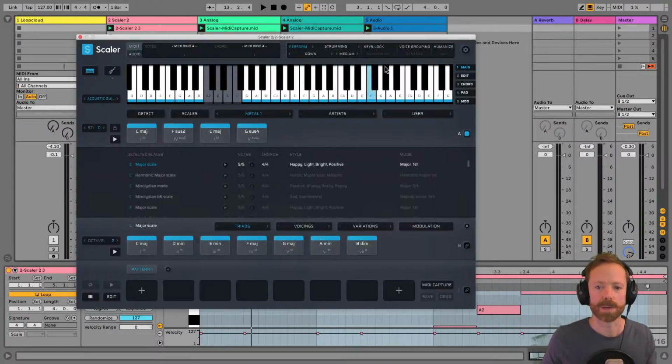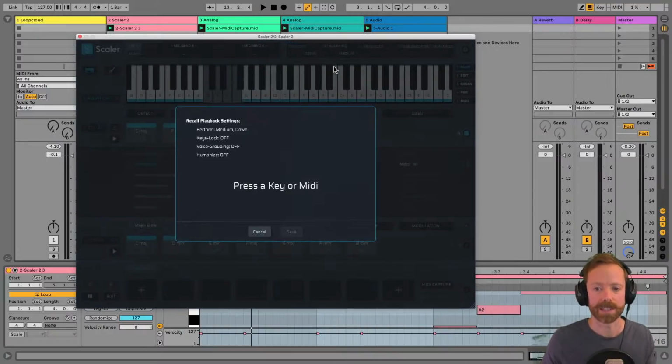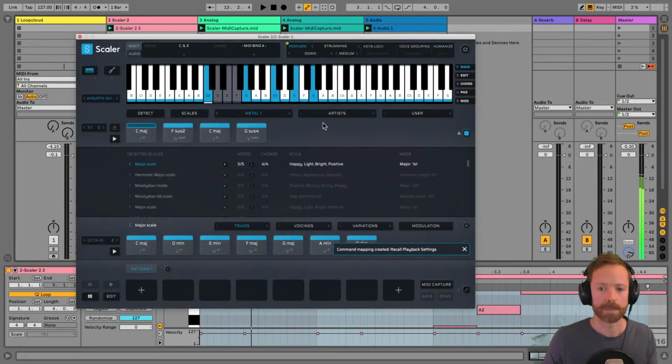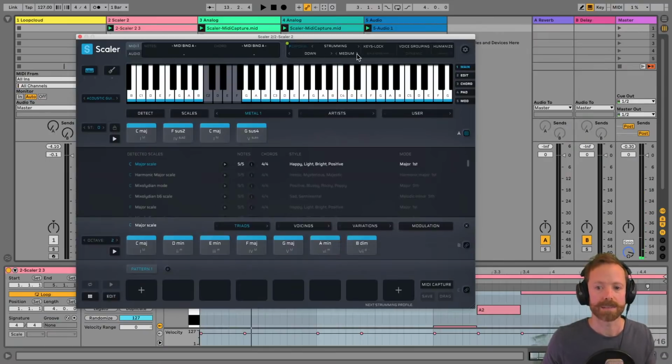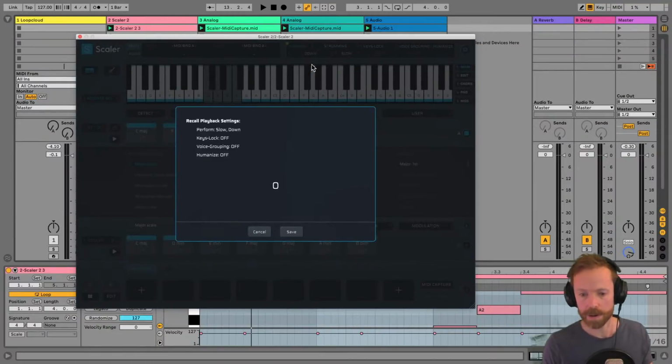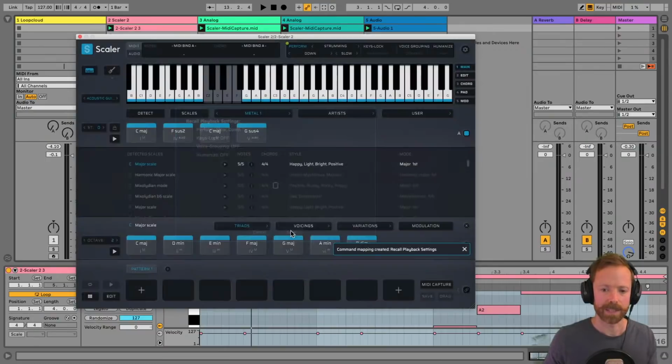And with all of these performance modes, no matter what they are, you can now map them to, for example, keyboard keys or MIDI controller keys or buttons. So if I right click here, it gets create command mapping. You can click on it there, and you can just press the key you want. So I could just press the I key. And there we've got our medium speed. And then I could change it to slow, right click again, create command mapping, and go with O. And then save that one.